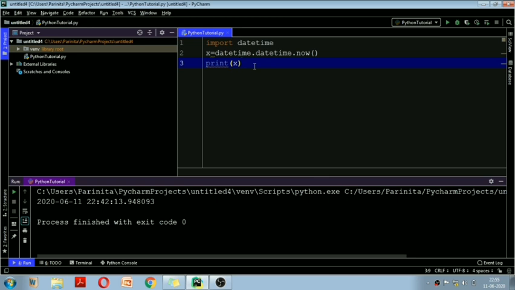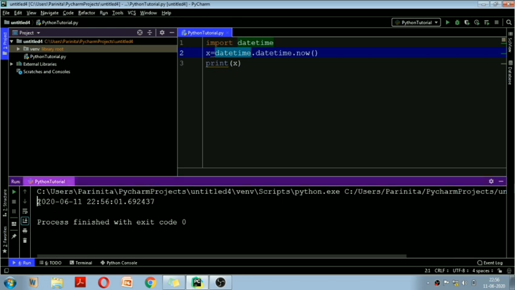Simply, we don't need to write the whole code here. The code is already written in Python and saved in the module named datetime. So I simply need to import this module. The syntax is import, then space, then the module name. Here we have written import datetime, and then x is any variable in which I want the value to be stored. So x equals datetime, the name of the module, dot the name of the function available in that module, so datetime.datetime.now. Simply, if we print this x, we will get the datetime value.